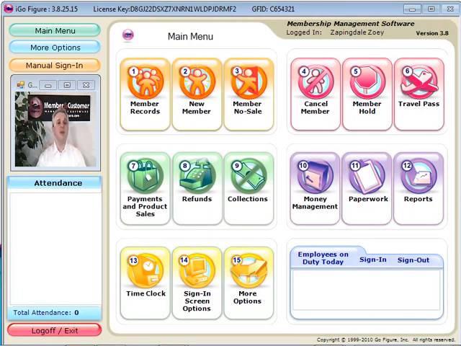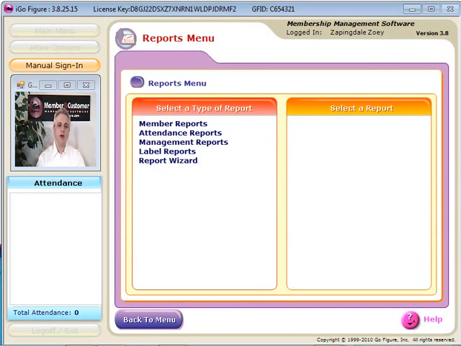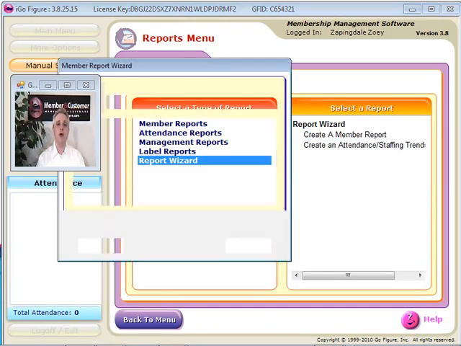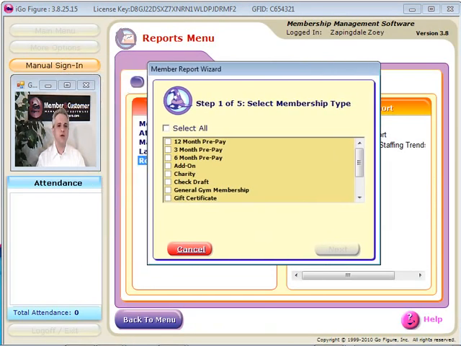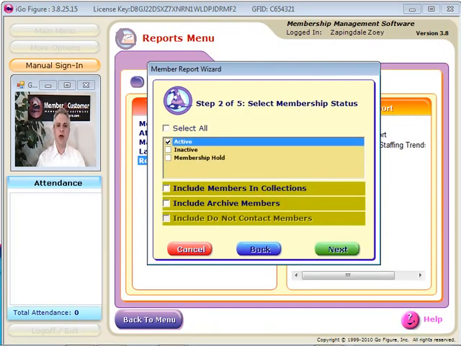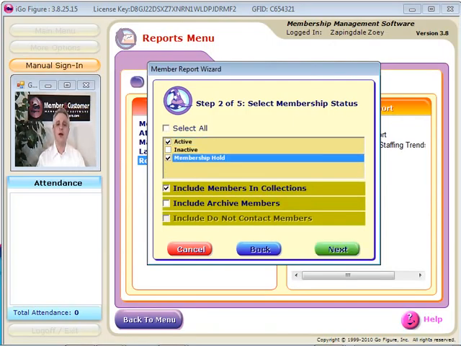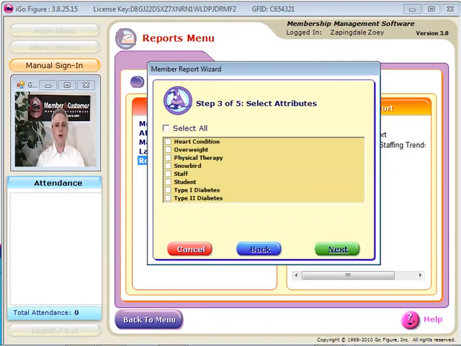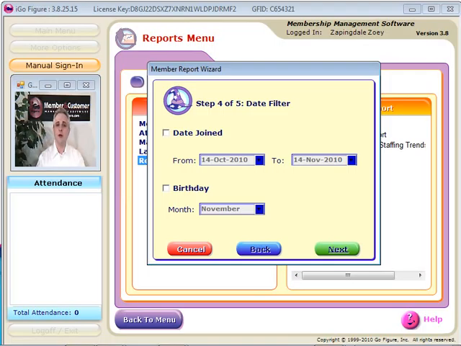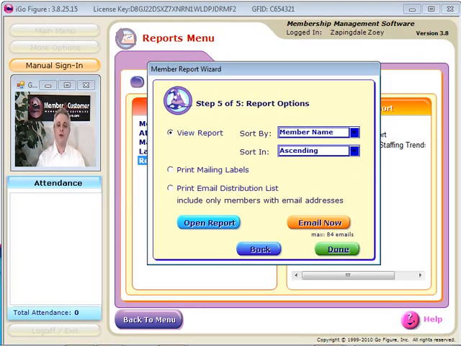Let's take a look at a simple example, sending an email to all members. I would begin on Reports, button 12 from the main menu, and I will select Report Wizard and create a member report. On step 1, I will select All. On step 2, I will include Active, Membership Hold, and Collections People Only. On step 3, I will select Nothing, and I will also select Nothing on step 4. On step 5, I simply click the orange Email Now button, and I am sending an email to all of